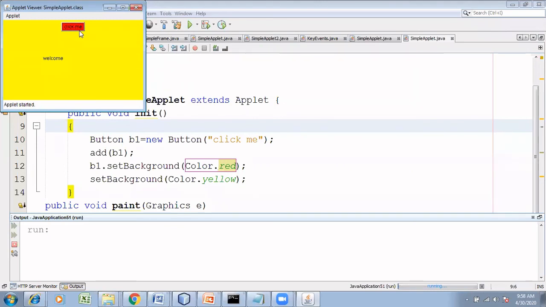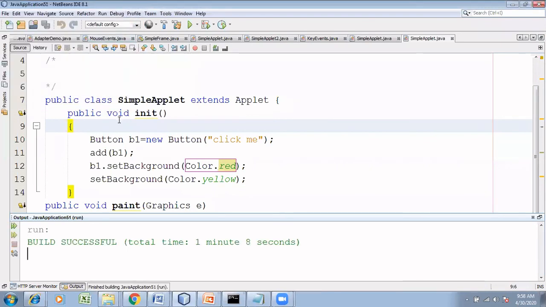To make it dynamic, we should use event handling, and that is event handling using AWT. If I jump directly into event handling based on AWT, you may not know what is applet or what is AWT, isn't it? That is why in this class we have discussed the basics of event handling, which are applets and AWT. The button does not have the capability to take any event, so you should write event handling code. To write the event handling code, your AWT class does not support it. You have to use some other class.